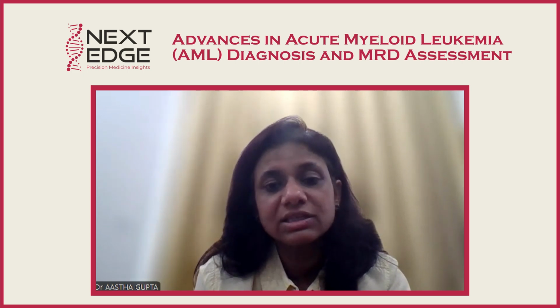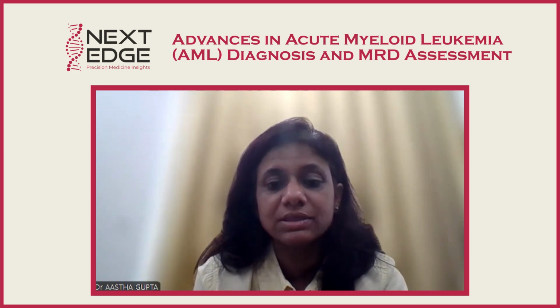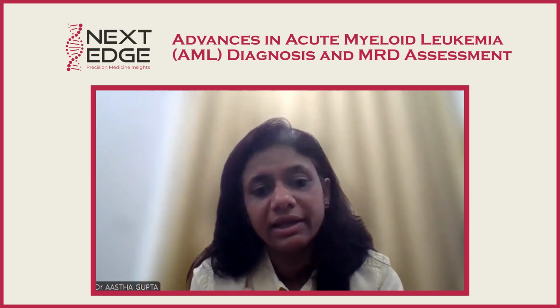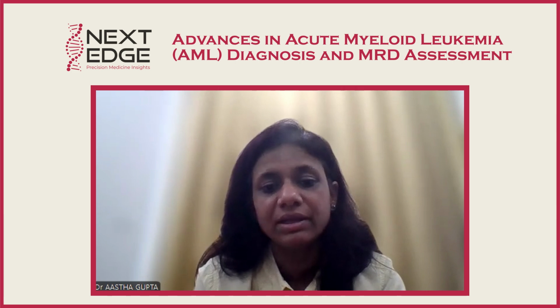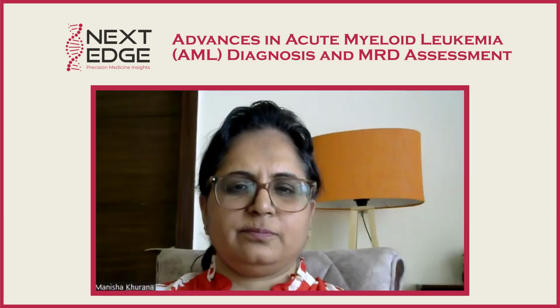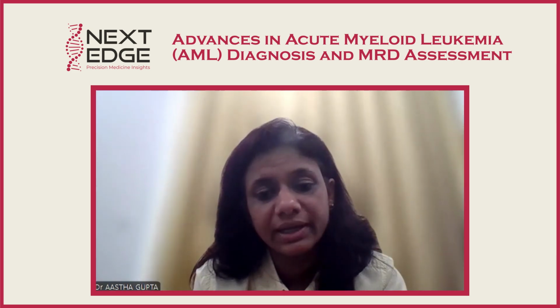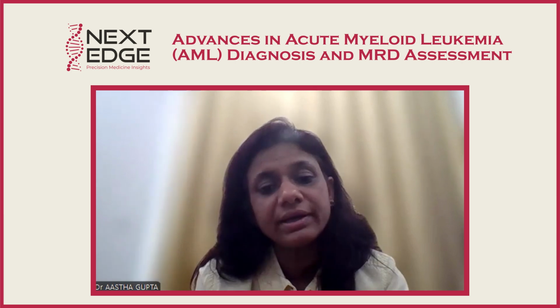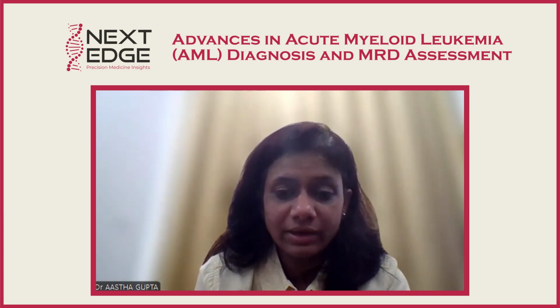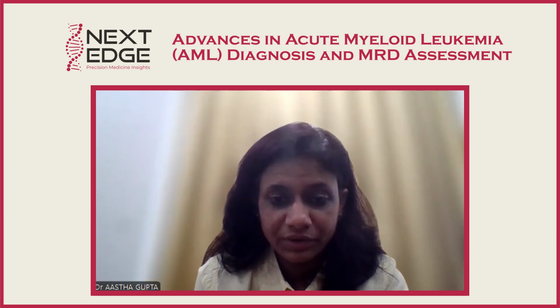And when these patients whose blasts are not crossing 20% had NPM1 mutation, they very rapidly progressed, and if they were not treated initially as AML, they very rapidly progressed to AML only. So it was identified that yes, such cases even with blasts less than 20% should be taken as AML and should be treated upfront like AML only. So there the next generation sequencing has played a very important role.